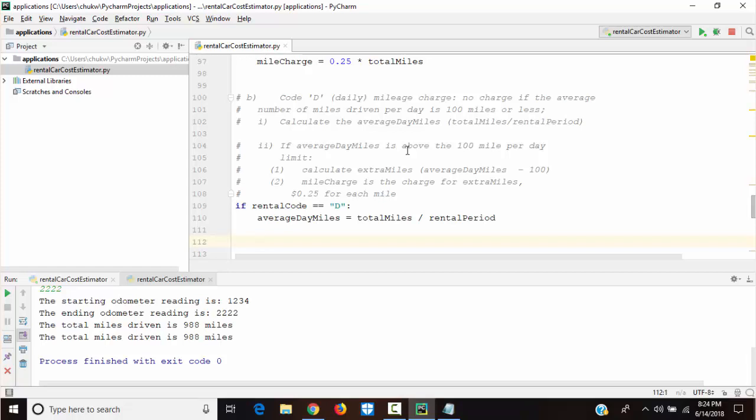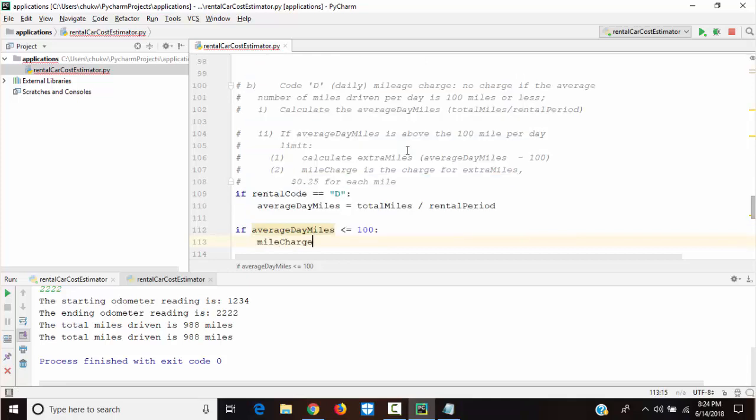But first of all, if it's 100 miles or less, then no charge. Then the mileCharge is 0. So if average day miles is less than or equal to 100, then the mileCharge is 0.